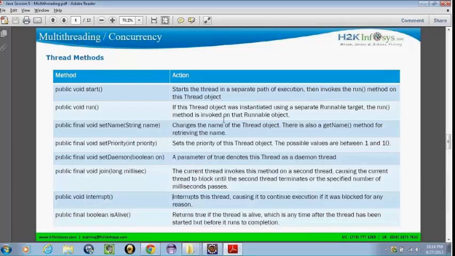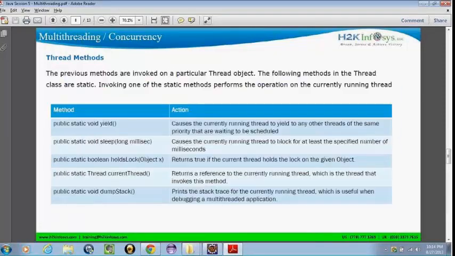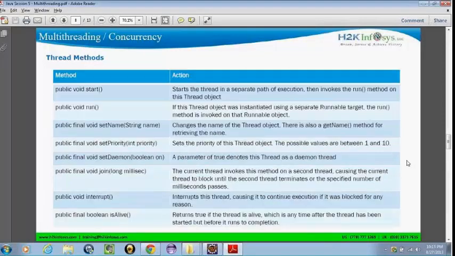Yeah, what actually is a daemon method? There are some background threads. Let's say the JVM has some threads that it runs in the backend to calculate the memory and to perform the garbage collection and all that, right? They are the background threads, which are set with very low priority. If we launch some threads, they take more priority than the daemon thread. The daemon thread is a background thread and it is run with very low priority. That is what is meant by a daemon thread.